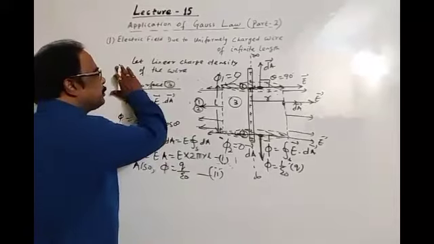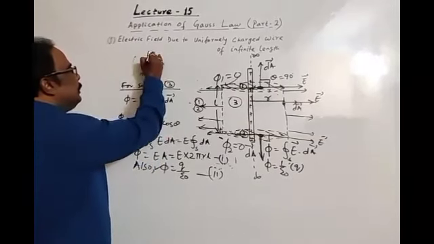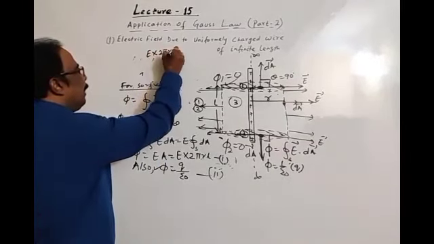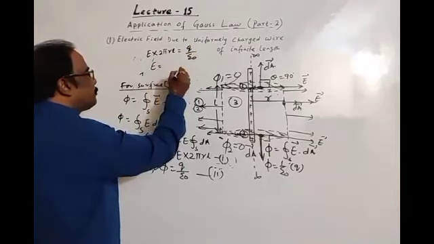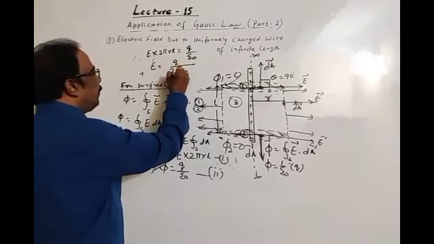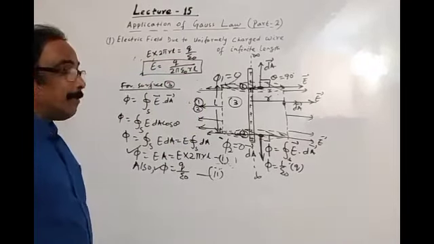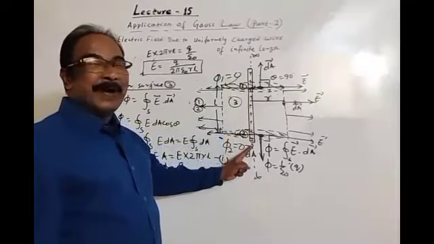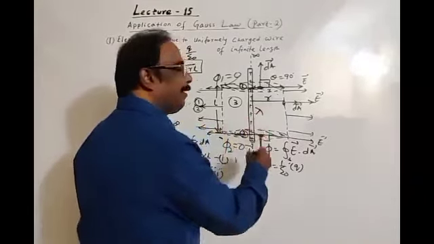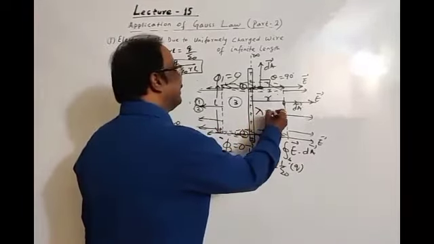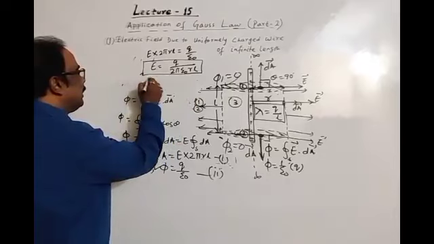Now equating equations 1 and 2, this is flux, this is flux. E into 2 pi RL is equal to Q divided by epsilon naught, and electric field is Q divided by 2 pi epsilon naught RL. This is your formula. But we have assumed this wire has uniform linear charge density, lambda. So linear charge density is charge per unit length. Then this formula can be converted like this.